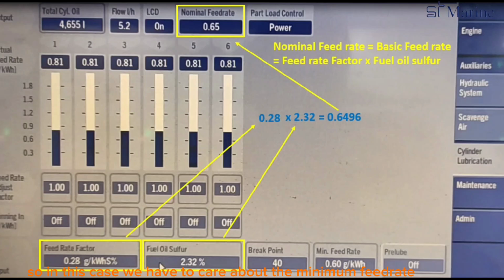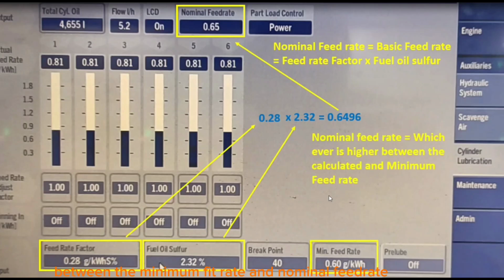So in this case, we have to care about the minimum feed rate, and please note that between the minimum feed rate and the nominal feed rate, whichever is higher